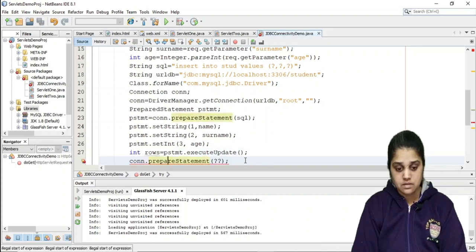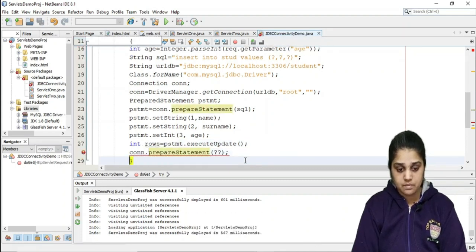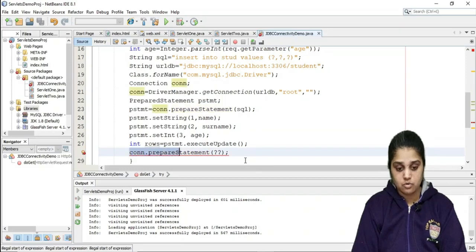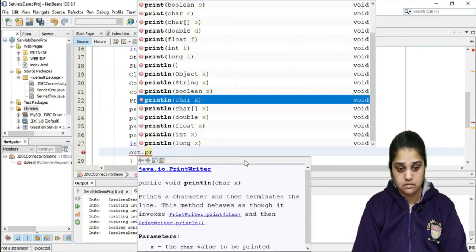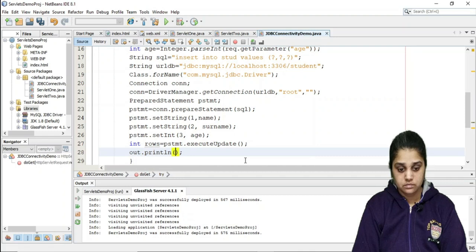The extra prepare statement here we don't need anymore. And out.println rows.